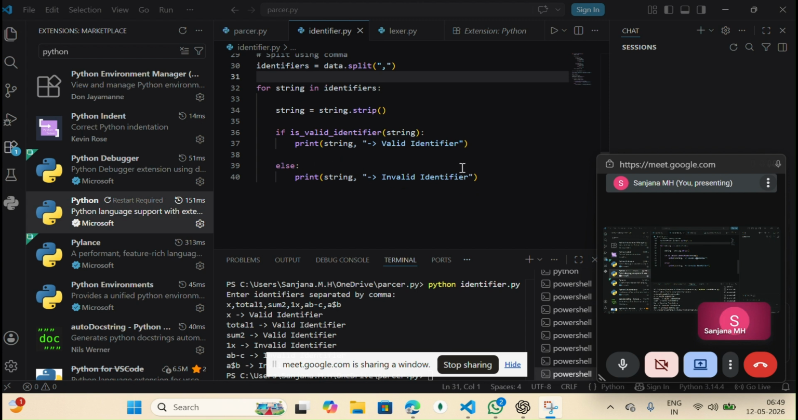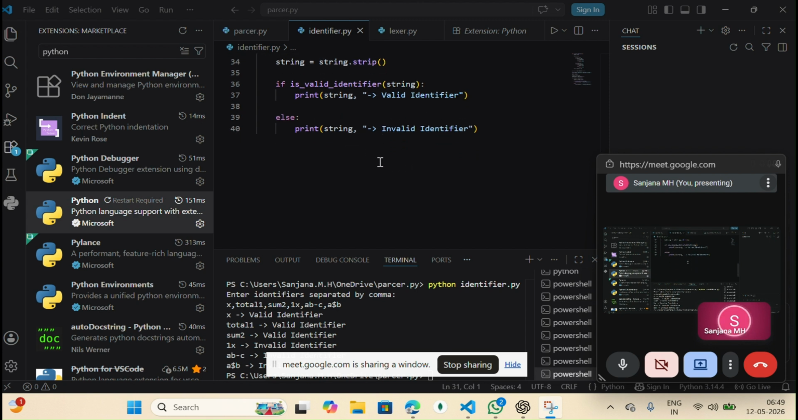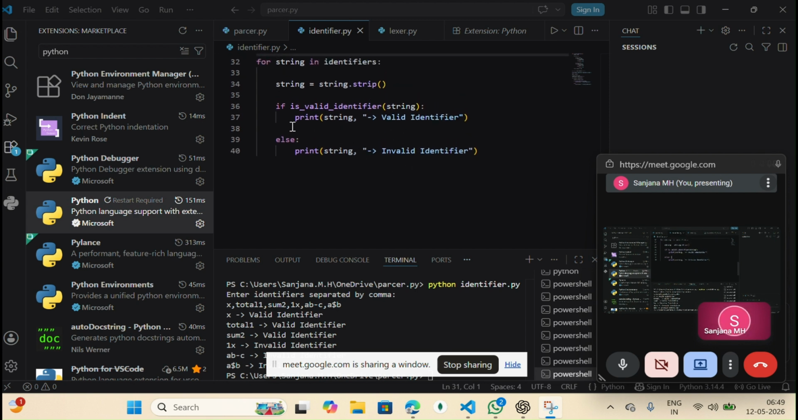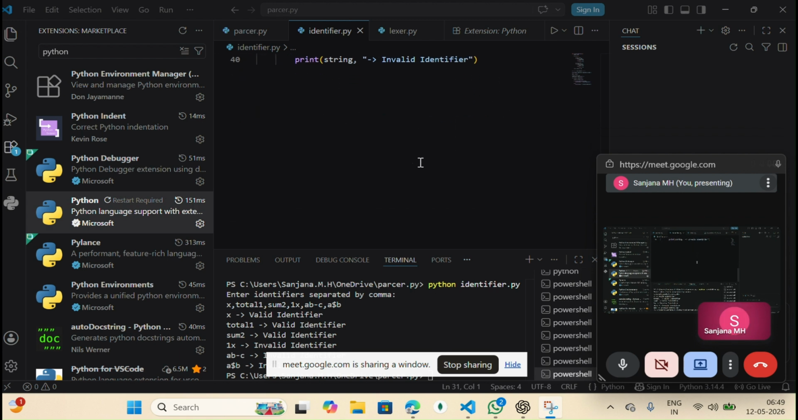Validation check. If it is a valid identifier, it calls the function to verify validity. In the output statement, we print the string as valid identifier or invalid identifier. So here we give the command python identifier dot py. It asks to enter identifiers separated by commas. We took the input x, total11, sum2, 1x, ab underscore c, a dollar b. Here it gives the output: x is a valid identifier because it started with a small letter alphabet. Total is also valid. Sum2 is a valid identifier. 1x is invalid because it started with 1. Then ab underscore c